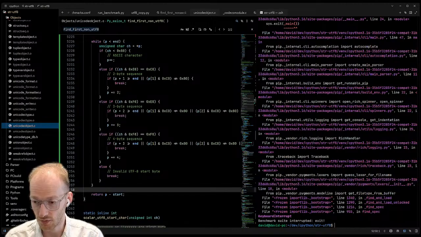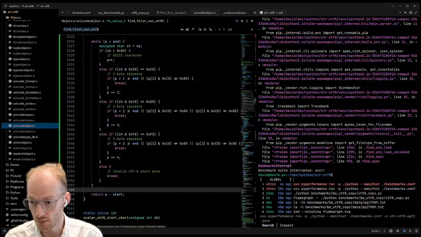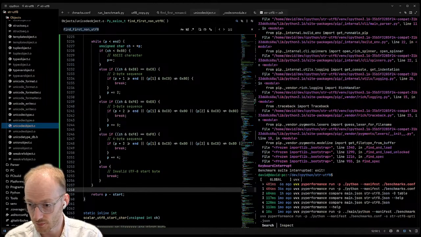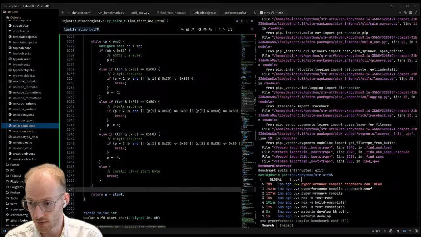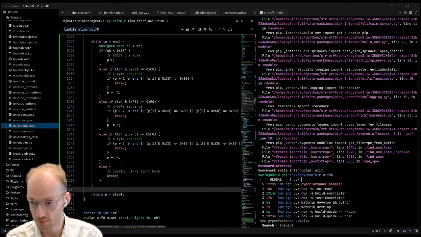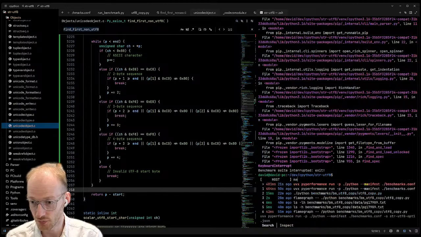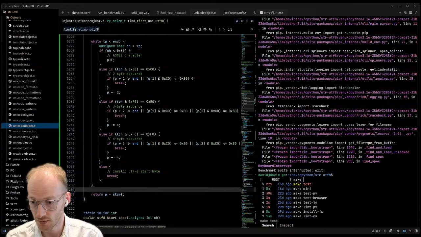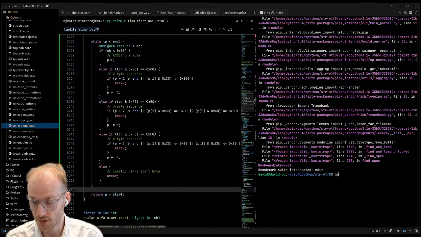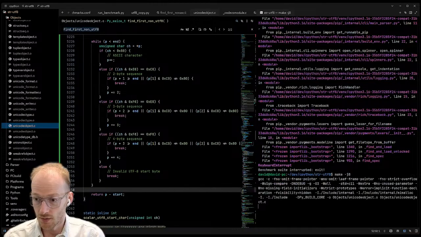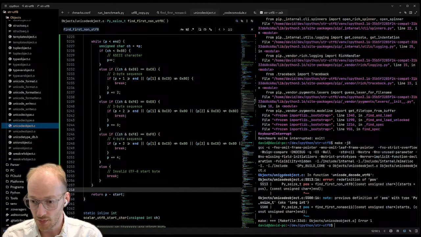Yeah. Okay. So make the high performance. Oh, Makefile, is that what we want? Maybe. Or did we just use make? Yeah, just use make for now. High performance will probably compile it with all the optimization settings. Let's hope.